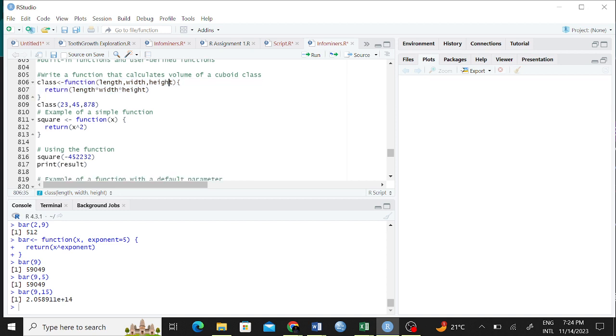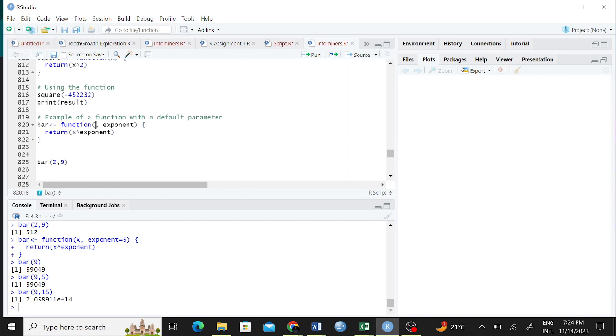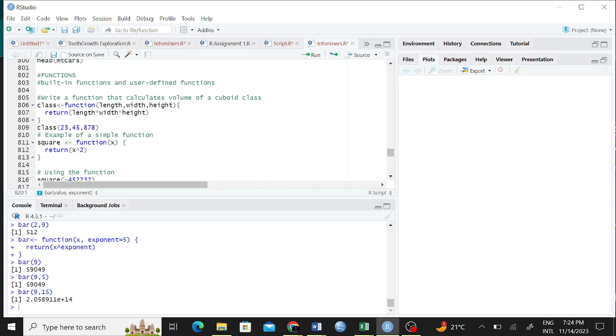If this x is confusing, we can call it value. Value, exponent, and then you say value raised to power exponent. The first entry you put in knows that this is for value, the second one knows it is for exponent. I believe this is easier because we already wrote something similar.